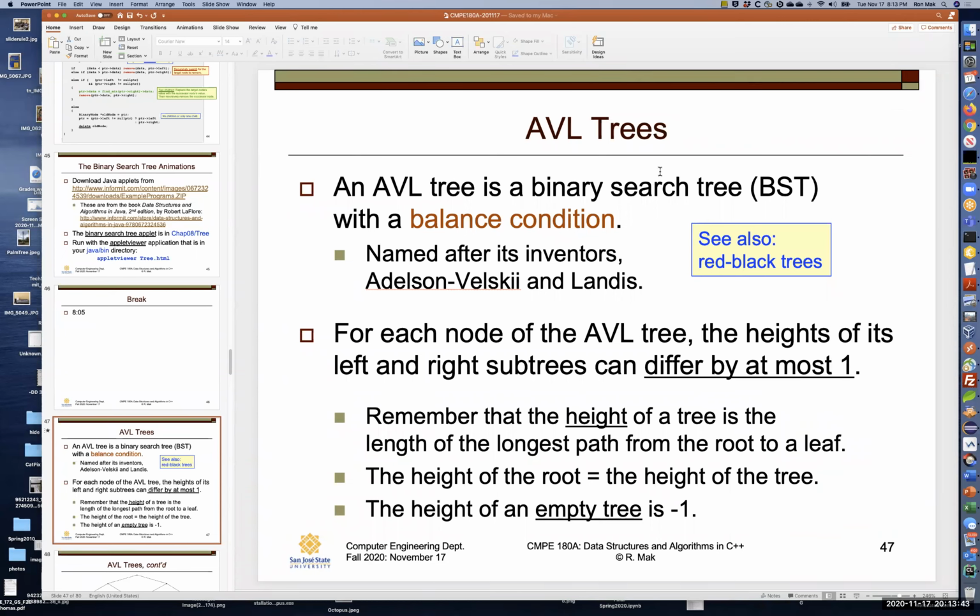Okay, so in terms of trees that remain balanced, I'm going to tell you about AVL trees. There's another form of balanced binary search tree called a red-black tree. You can do a Google search on red-black tree and see how they work. But I'm going to show you AVL tree. Okay. All right, so